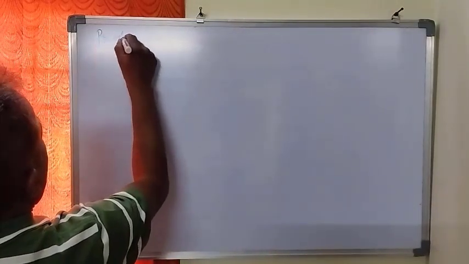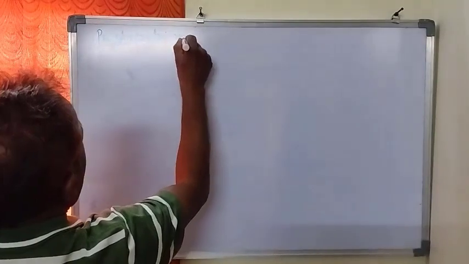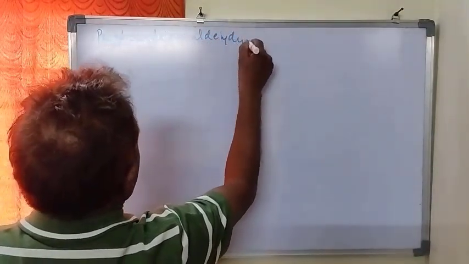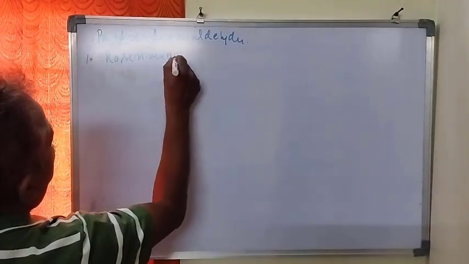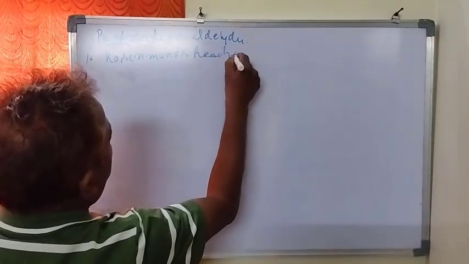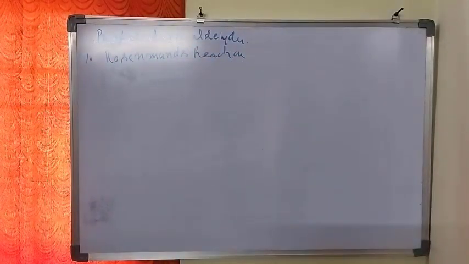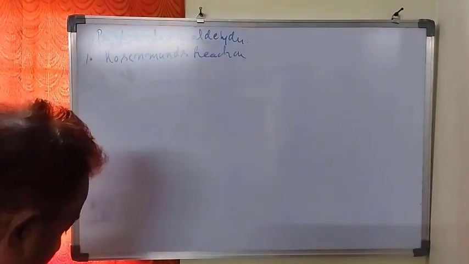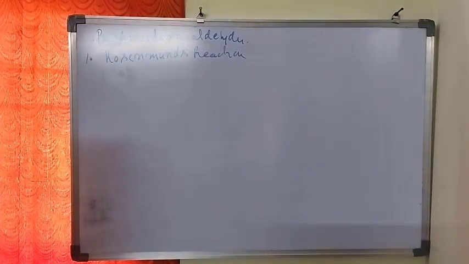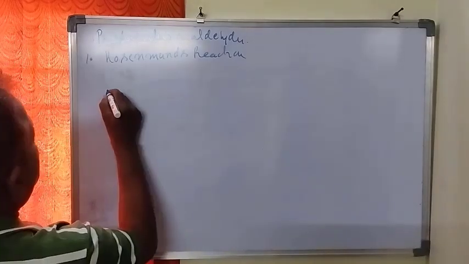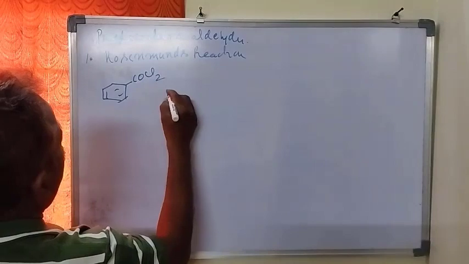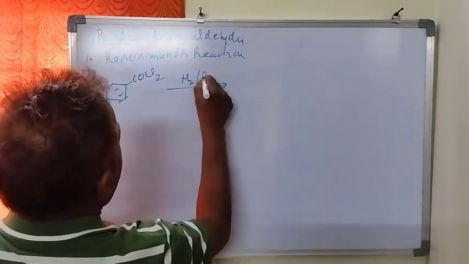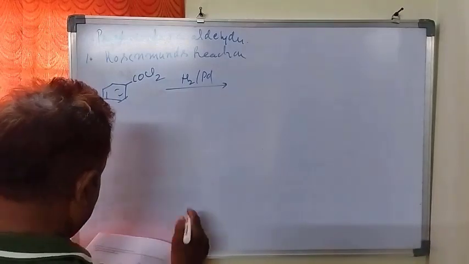preparation of aldehydes. In this, number one is Rosenmund's reaction. Rosenmund's reaction is that in which acid chlorides are treated with hydrogen in the presence of palladium. Hydrogen in the presence of palladium, therefore we get aldehyde. So this is acid chloride, COCl, in the presence of H2 and palladium, and of course this is